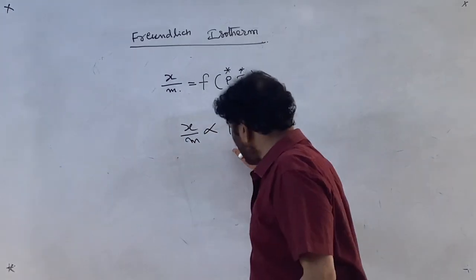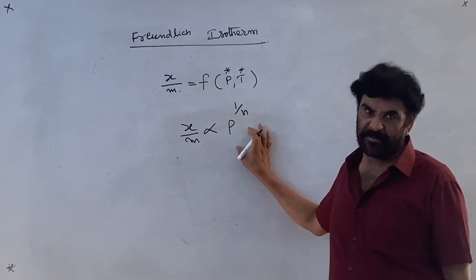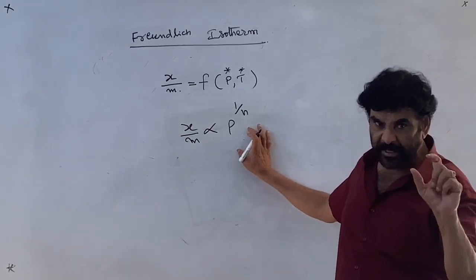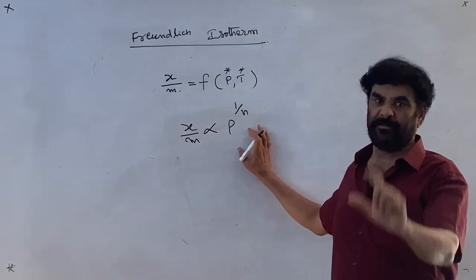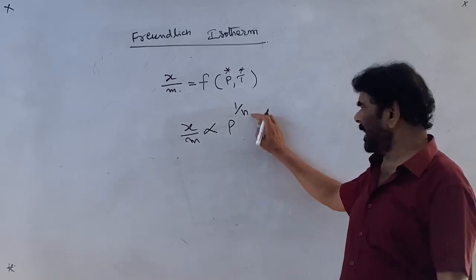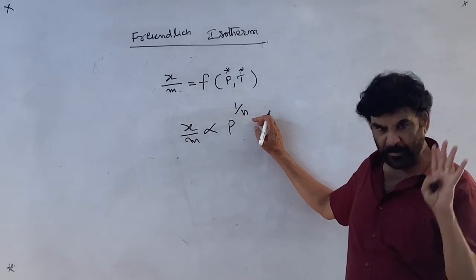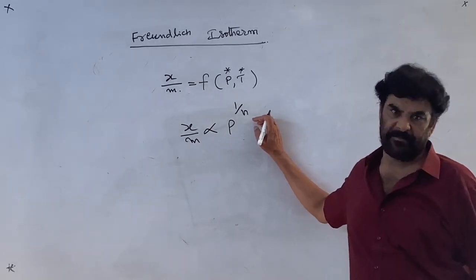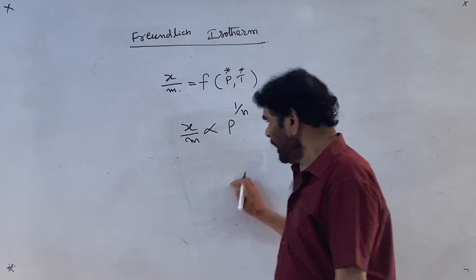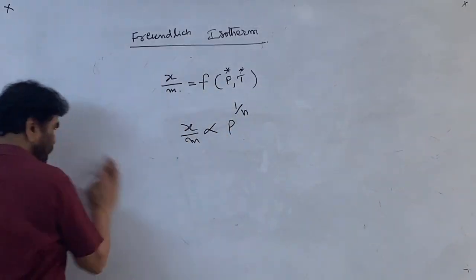See, this is proposed based on the experimental observation. Data is fitting into this equation. What n is and all these things are different. So this is proposed based on the experimental observation. Now see, according to the